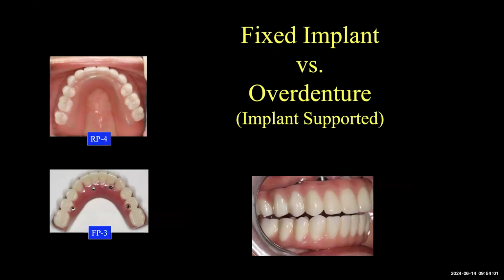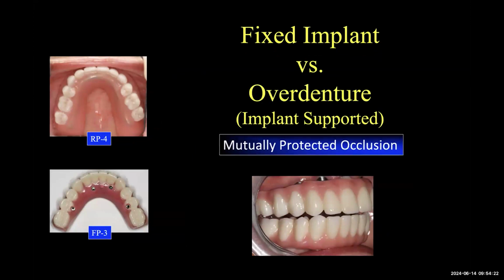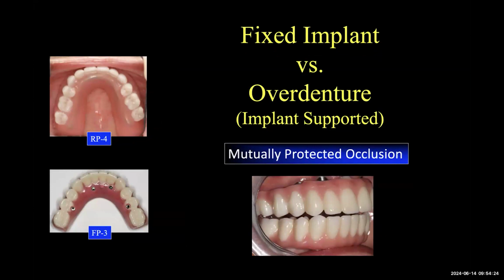There are 2 types of overdentures. There is an implant-supported overdenture, which usually is a palateless maxilla or a lower without a buccal shelf. We treat that as basically a fixed prosthesis because we're not getting the soft tissue to take any of the stress. So in those type of cases, we want a mutually protected occlusion because it's basically a fixed prosthesis